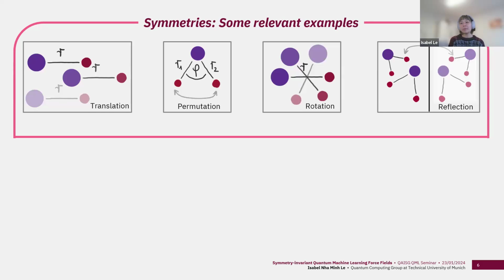Okay, but now let me jump a little bit and talk about symmetries. Because our physical or chemical system shows some invariance under which the corresponding energy does not change. So for example, if we translate or rotate the overall system, the actual configuration of our system stays the same. And if we simply interchange atoms of the same type or also molecules of the same type, the overall system configuration still stays the same. And for larger systems, if we reflect the system about some plane, the corresponding energy is still the same.